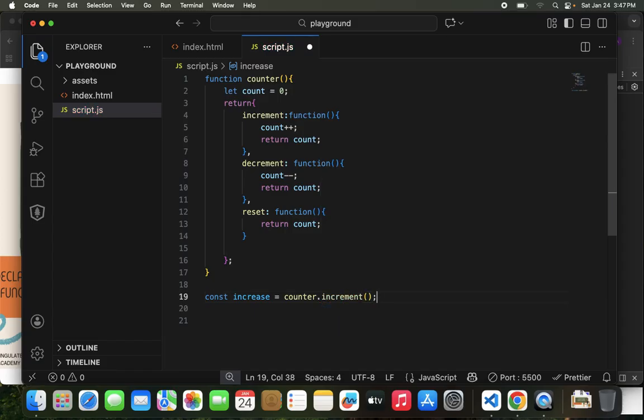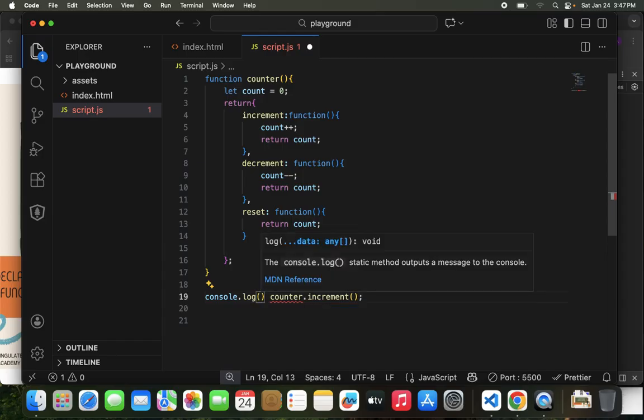Okay, counter dot increment. This is me calling the value of the first property. All right, I'm calling the value of the first property. Or perhaps let me do this. Let me use the short syntax. So instead of doing this, let me just do